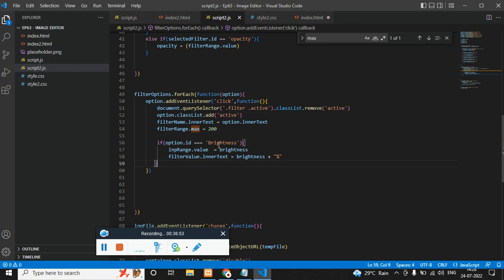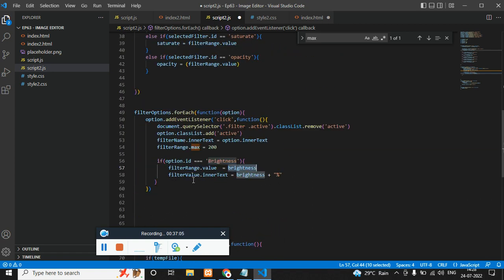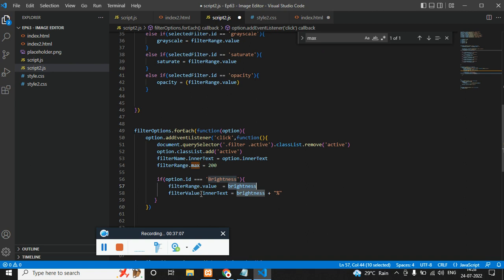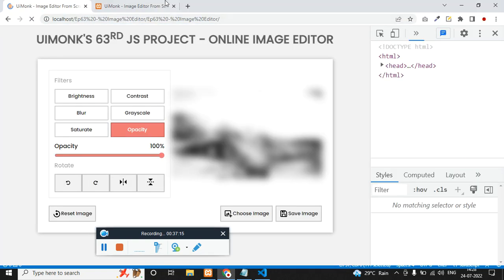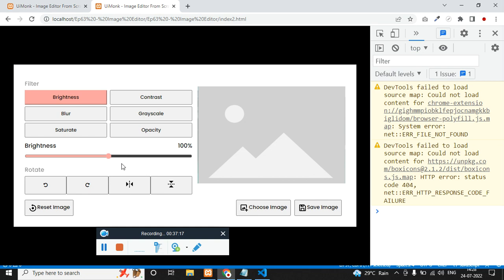So if I select the button with ID brightness, the range value should be the value which I have selected. Now the filter value, let me show you. Refresh, this is the original one. Refresh this. If I select contrast, change the value is 169. If I get into brightness,